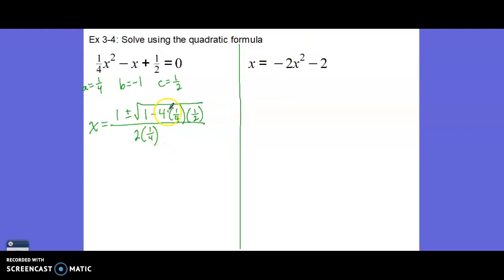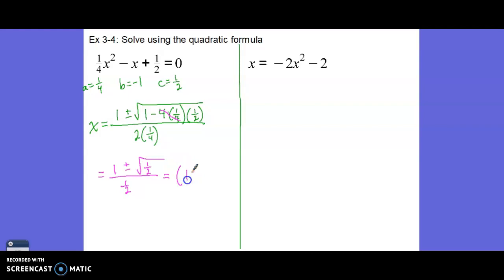So, I think you guys could do this in your head. That 1/4 of 4 would cancel. So you have 1 minus 1/2 there. I just don't know how good you guys are with fractions. But as I'm looking at that, I'm seeing 1 plus or minus the square root of 1/2 all over 1/4 times 2 would be 1/2. Well, dividing by 2 is the same thing as multiplying by the reciprocal. So this is the same thing as,